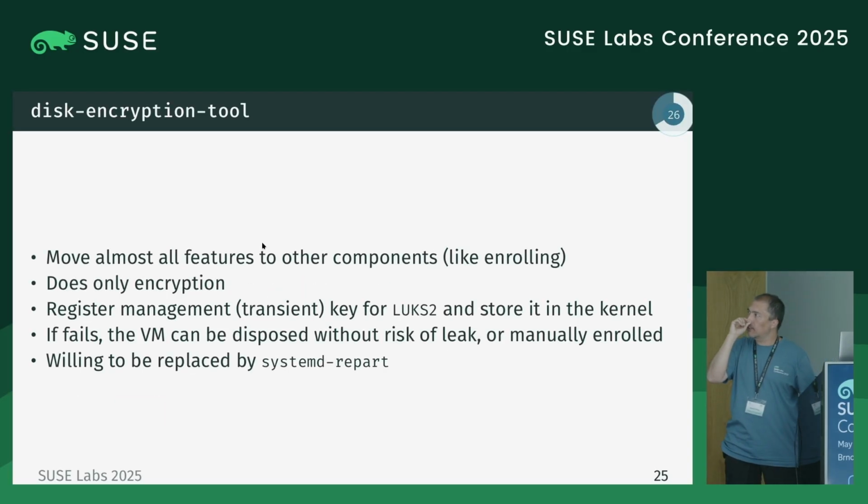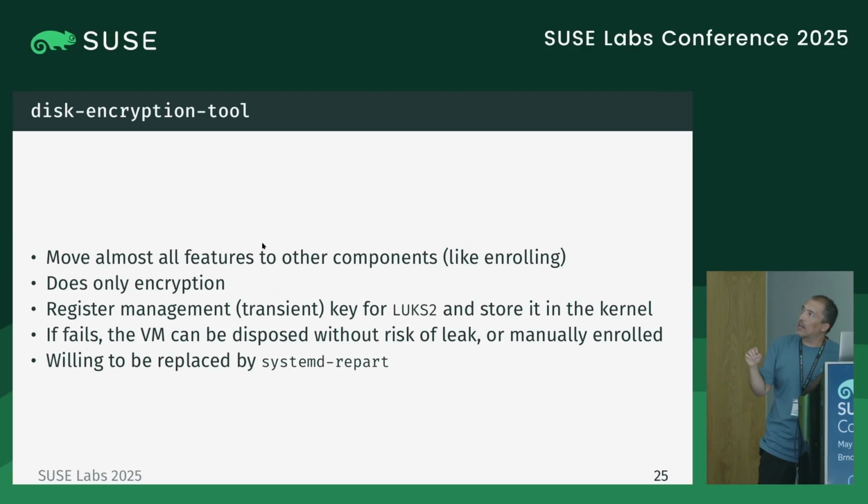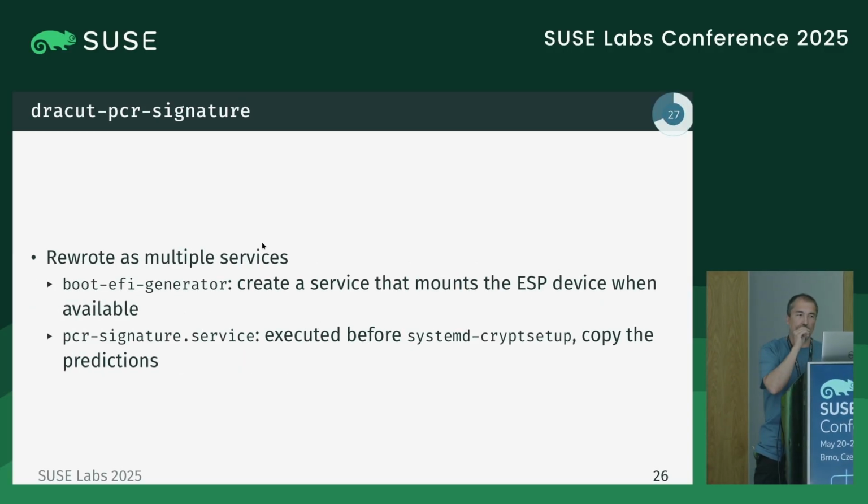Other tools follow the same process. Now, for example, full disk encryption is a fraction of the size that you used to have. Now it's only about online encryption, and because it's not doing the enrollment, it has very nice properties. One of the properties is that now it's possible to have installation without a key, so you have an installation without a password. This password is like a transient password that is going to be removed after the TPM is enrolled, if you want to have that. Eventually, we want to replace that with systemd-repart, but it's still an ongoing process.